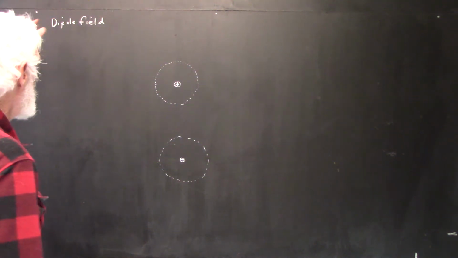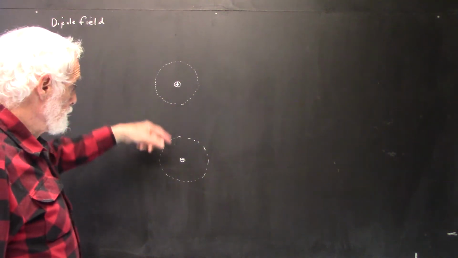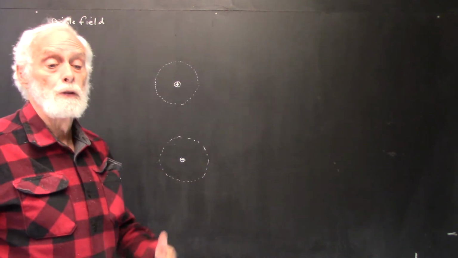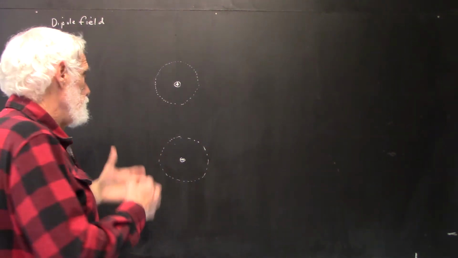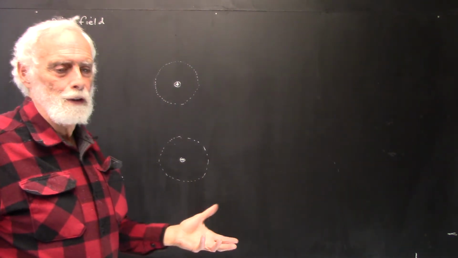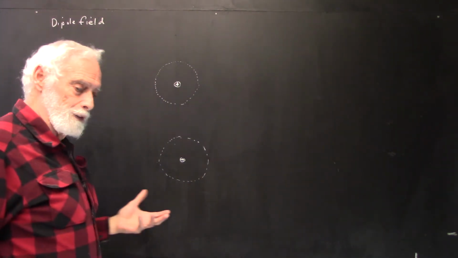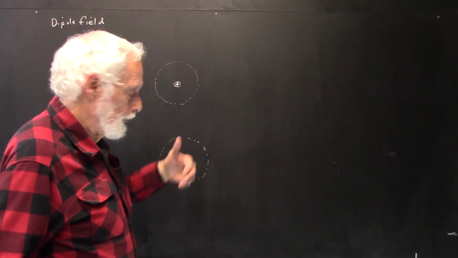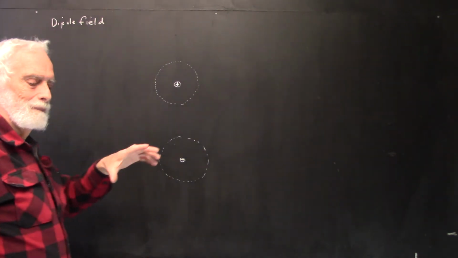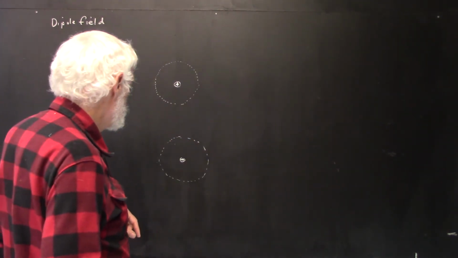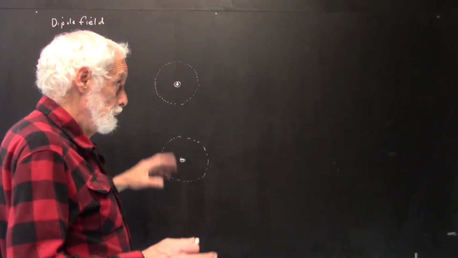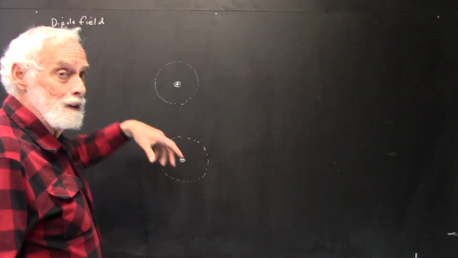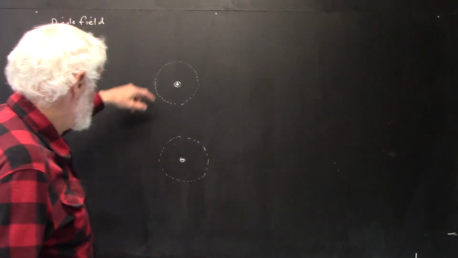Okay, I want to talk about a dipole field. Now you can think about electric charges if you wish. You can't think about gravitational charges, which are inverse square charges, just like electrical charges, because there's nothing that we've observed that indicates that there's any such thing as a negative, well, actually a gravitational field is sort of a negative field, it's an attracting field. But there's no repelling gravitational field, at least at any scale we've ever been able to investigate. I say we, I've not investigated them, but I stand in awe of those who have. Okay,